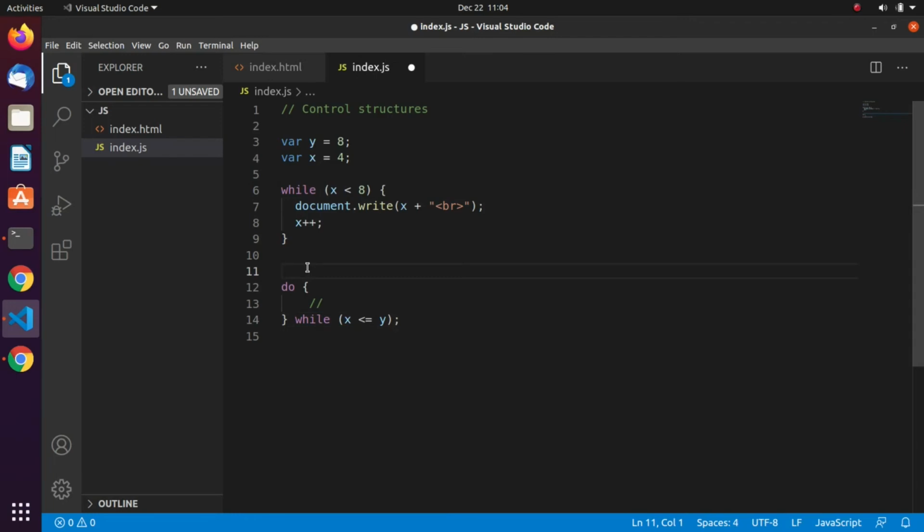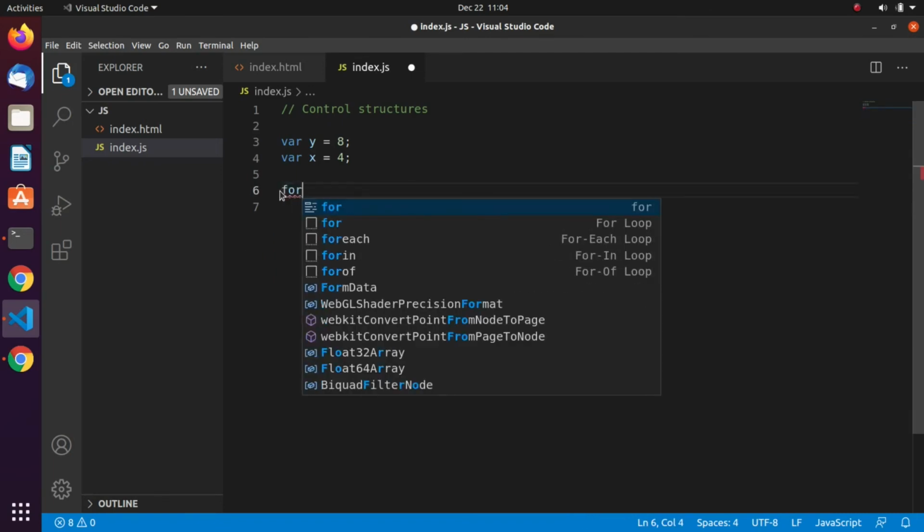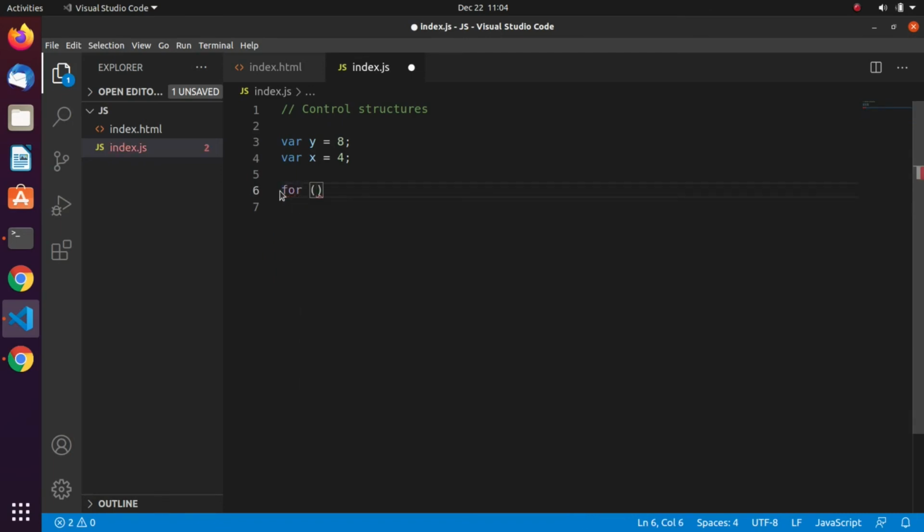Now let's talk about the for. Let's talk about the for loop. For the for, we have three things to manage.